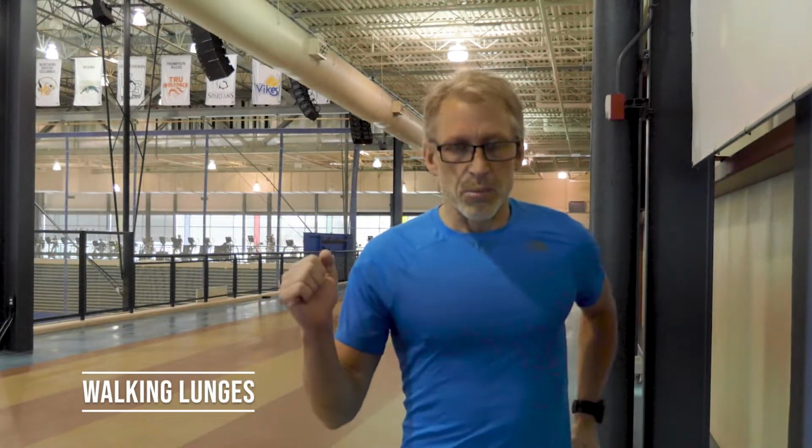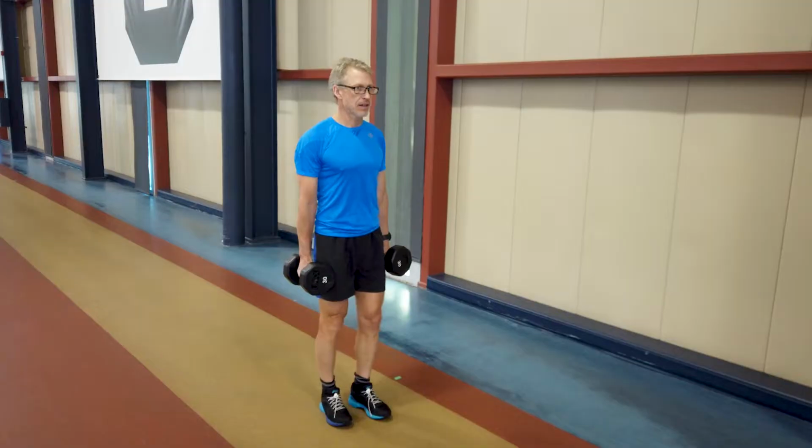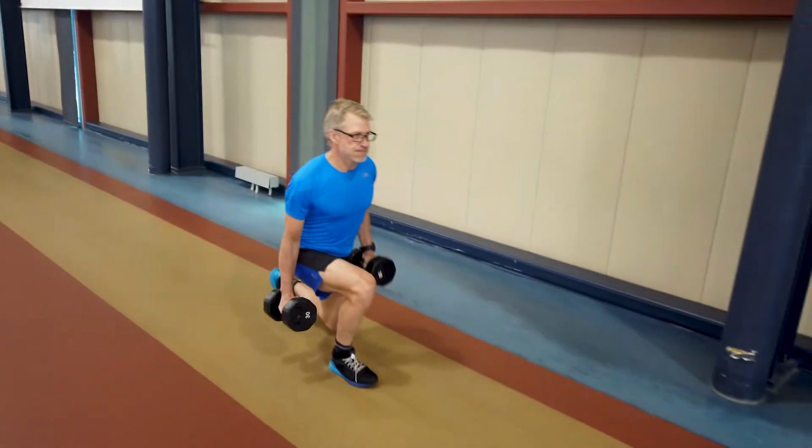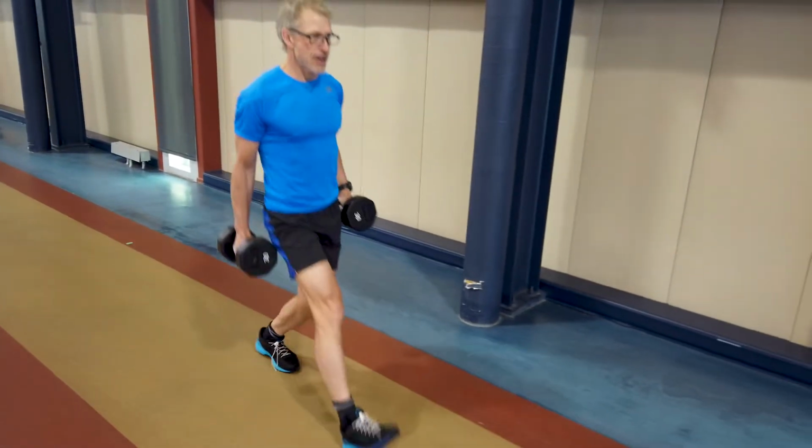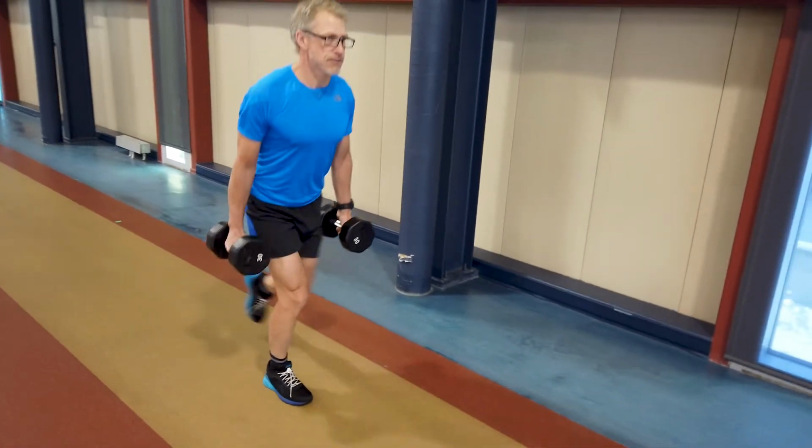So this movement not only strengthens the glutes, the quads, but it opens up the hip. So I typically start with no weight, almost doing like a running walking lunge, to a point where I'm actually starting to feel some fatigue. I might do 2 or 3 sets, but then the real strength development is actually holding on and carrying dumbbells, say a moderate sort of weight. In this case, I was using 30 pounds, which is a strong, heavy workout for me,